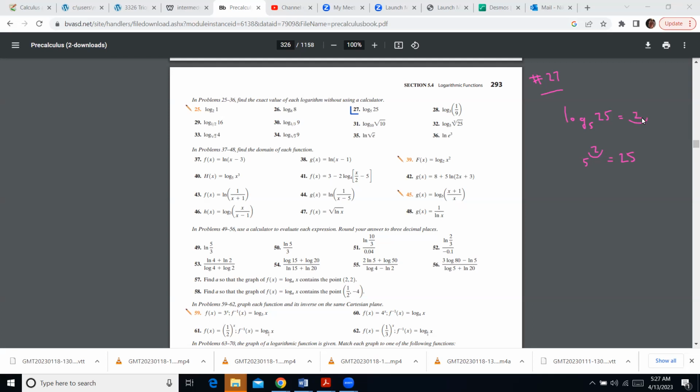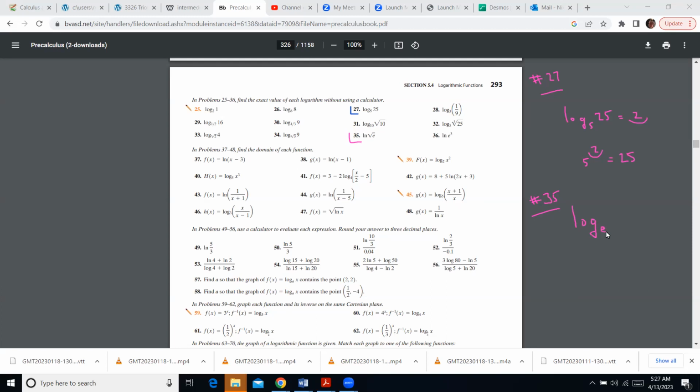And that's why I put the 2 here as well. This is my logarithm. This is my power. So logarithms are powers, and that's the whole point of the story. So if you try to do a problem like exercise 35 that deals with a natural logarithm, or ln,